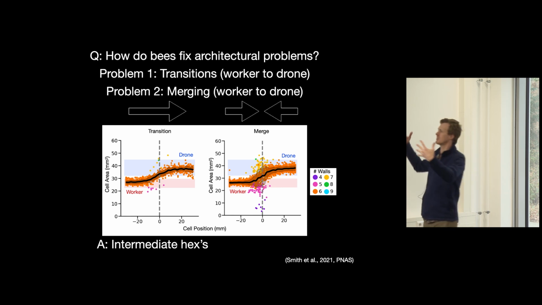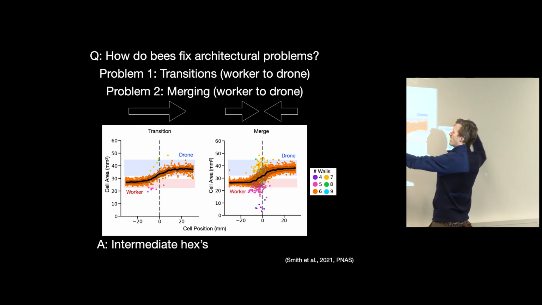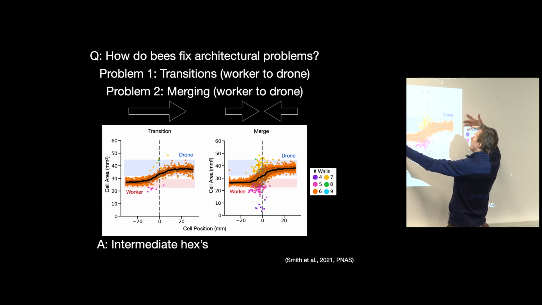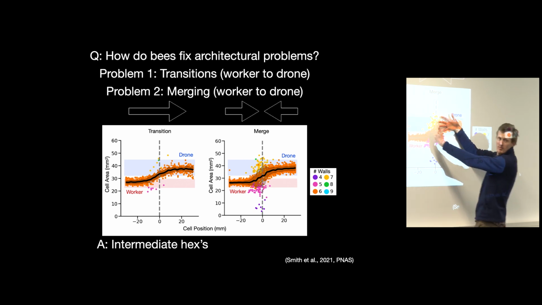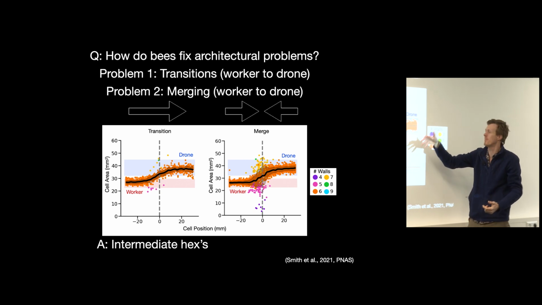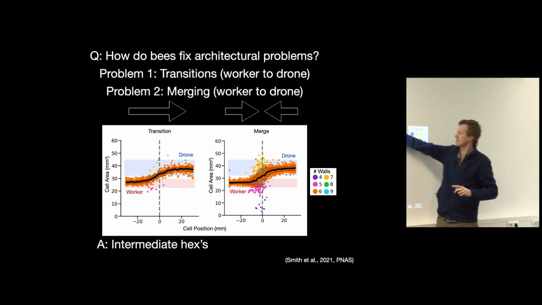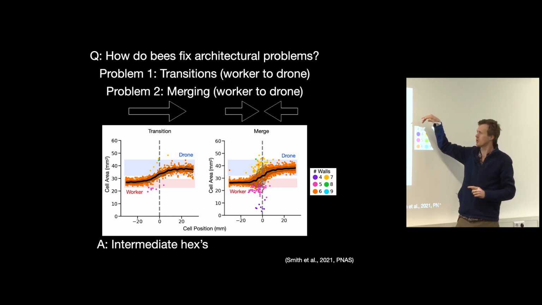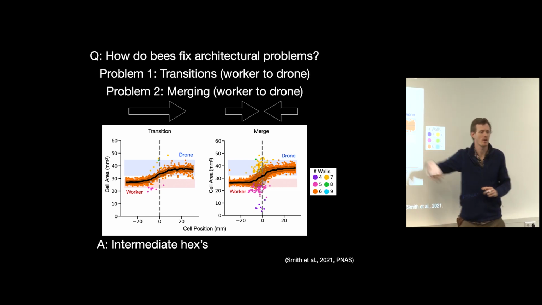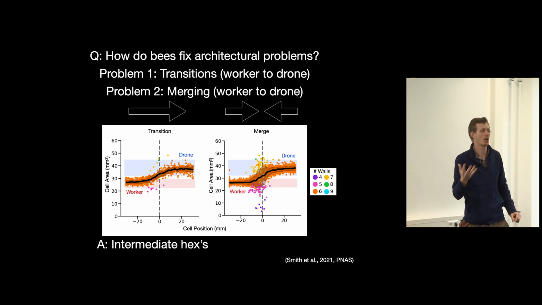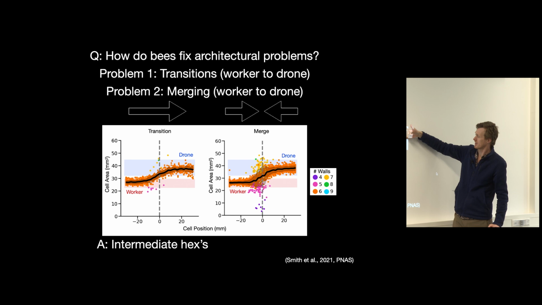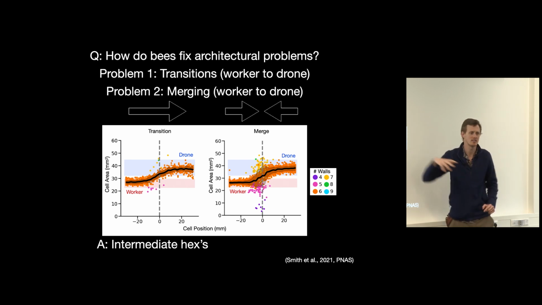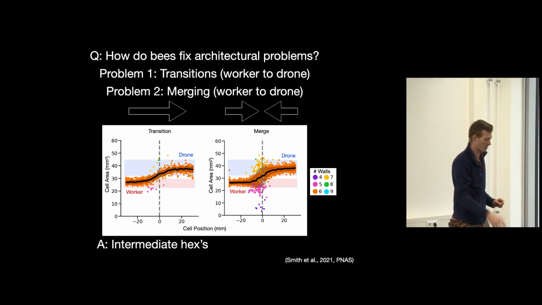Let's contrast that when you actually merge from 2 sides. So this is where the bees are building from here, and they're moving inward, and they're going to have to fix in the middle. And you'll see some things that are similar. So we still see this general transition between the 2, but there's a lot more noise around that area, a lot more of these other colors that you're seeing. So a lot more of these 5-sided cells, 7s, occasionally an 8 in there, 4-sided cells. They're building a lot more of these irregularities in there.